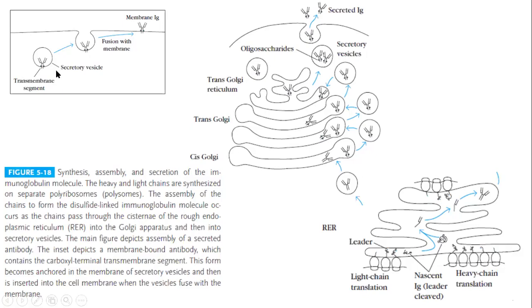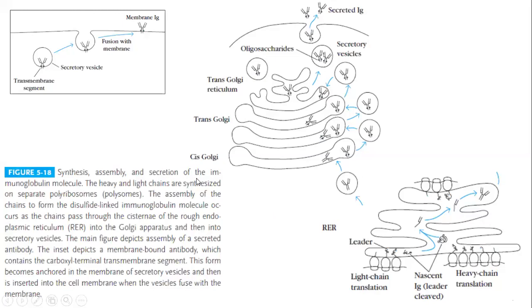They move in the secretory vesicles to the membrane of the B cell, attached to the immunoglobulin IgG, for example as the B cell receptor. But if it is completely secreted from a plasma cell, it will be immediately released into the plasma of the body, where it moves, attaches to specific antigen, and neutralizes it. So this is an important concept: how a signal peptide can help in the processing of the immunoglobulin through the B cells.